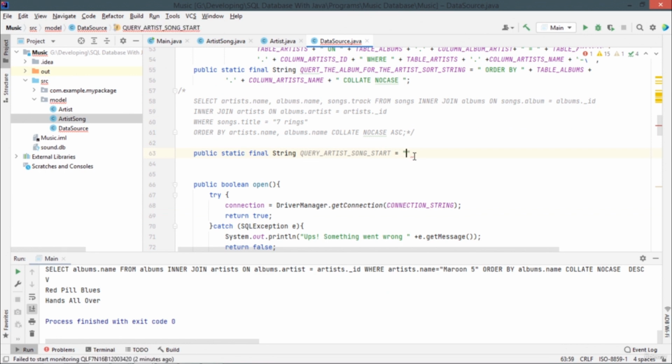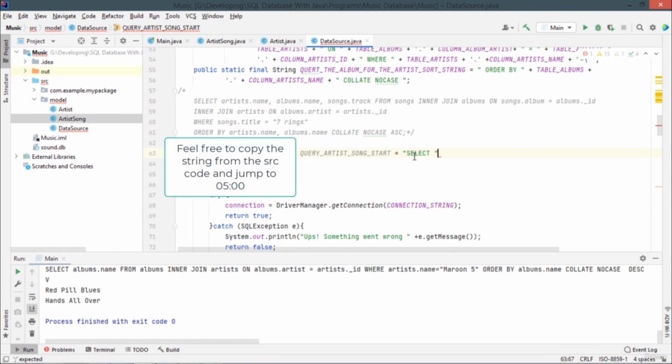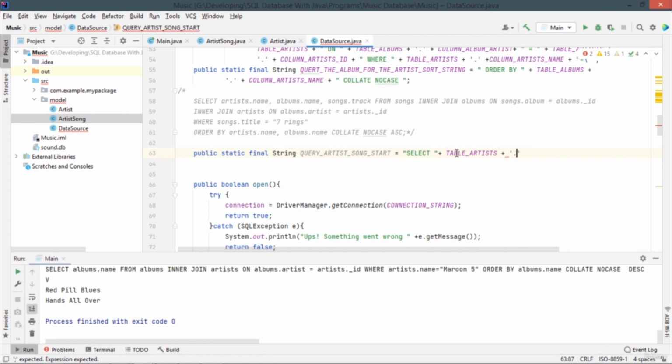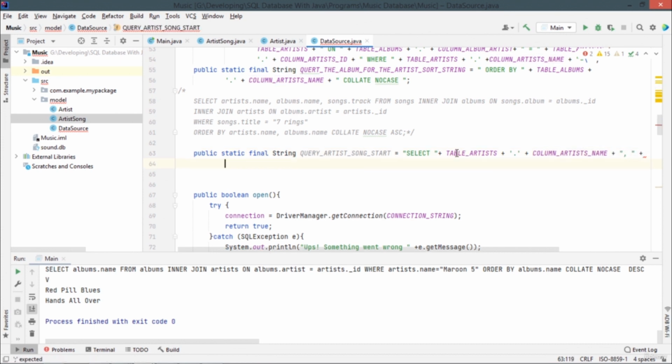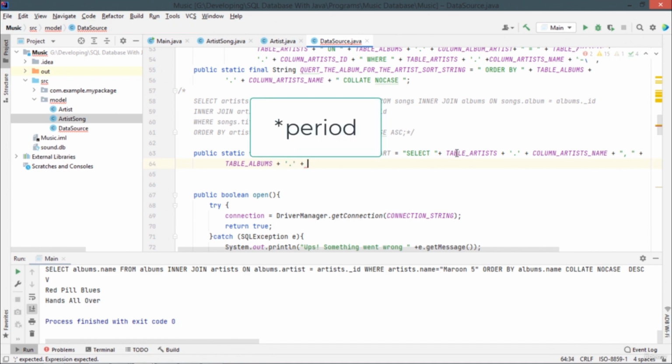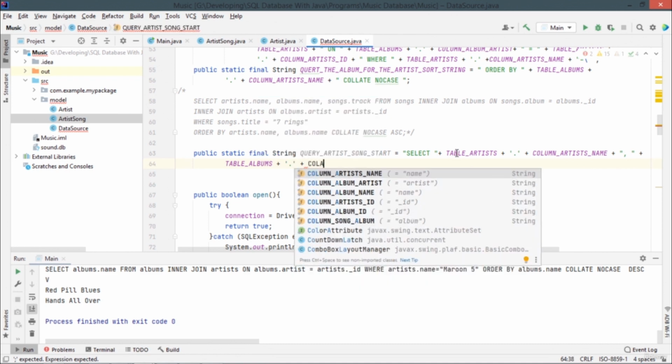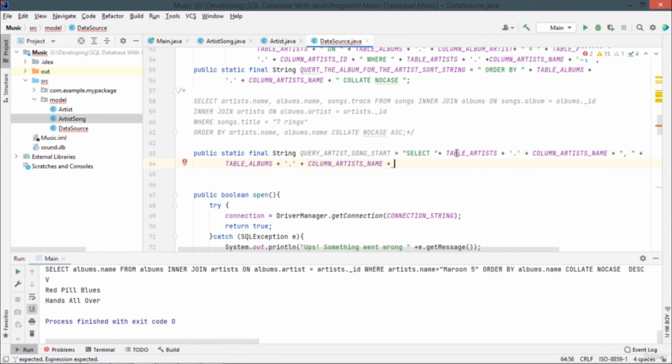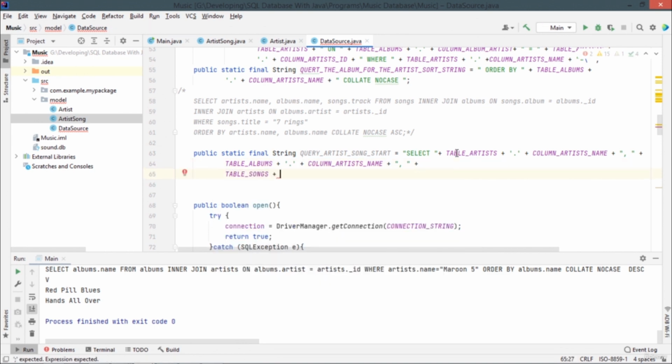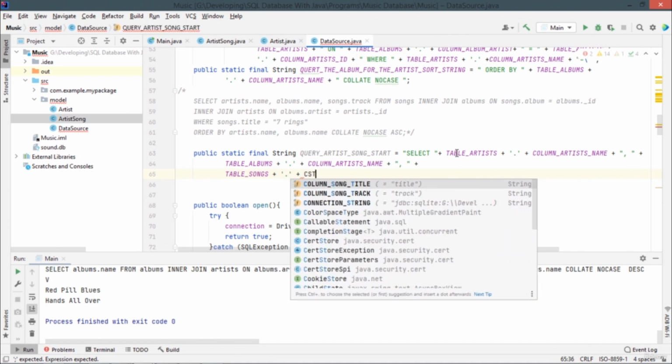We're simply going to copy what's here, select, space plus the table artists plus that period plus the column artist name plus that comma with space plus the table albums plus comma plus column artist name plus that comma with space plus the table songs plus that comma plus the column song track, okay,